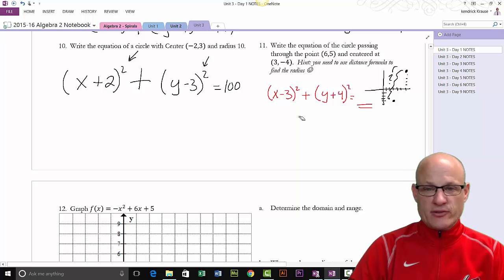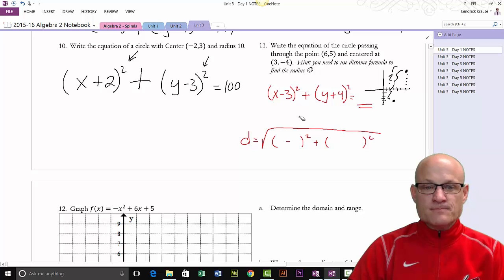Now, I don't know what the radius is, so I need to use that distance formula. Distance is equal to, we're going to subtract the x's squared, and then we're going to add to that the subtracting of the y's squared. Let's see. I always start with the second point. 3 minus 6. -4 minus 5. So 3 minus 6 is -3. -3 squared is 9. -4 minus 5 is -9. -9 squared